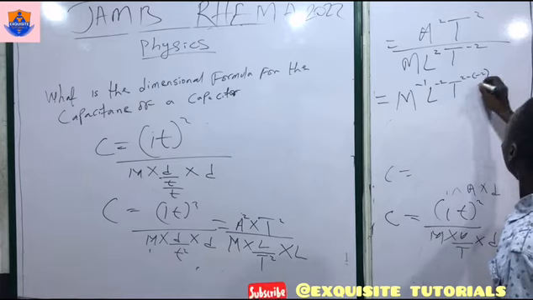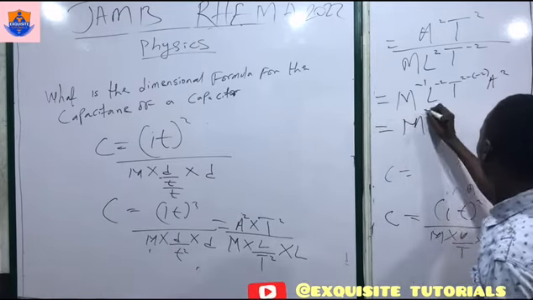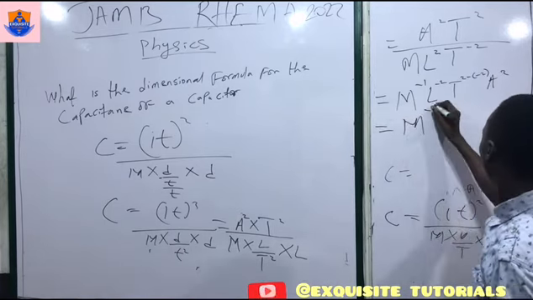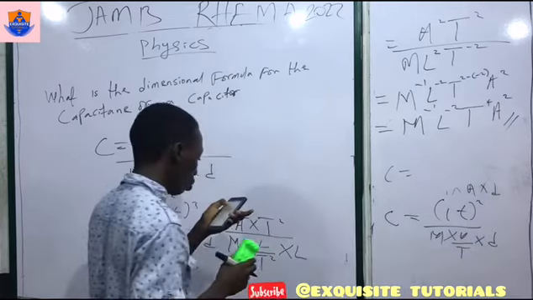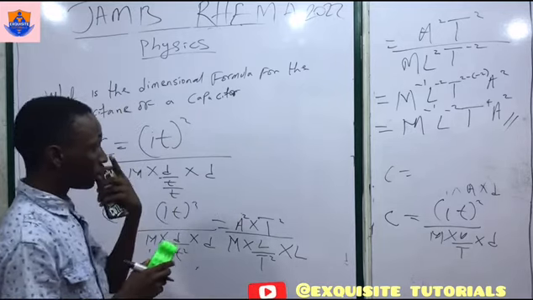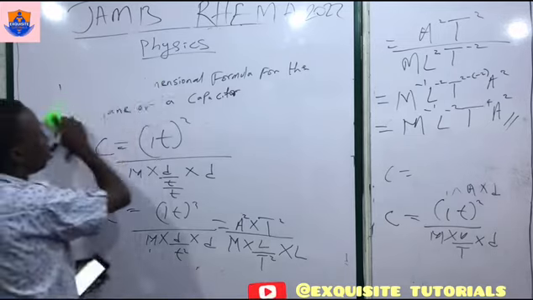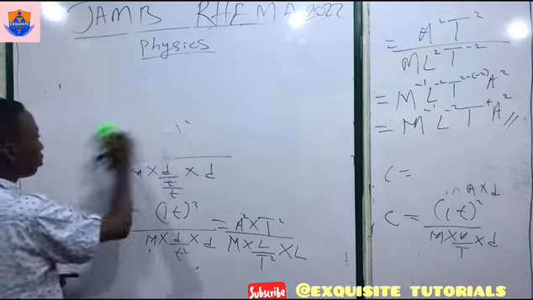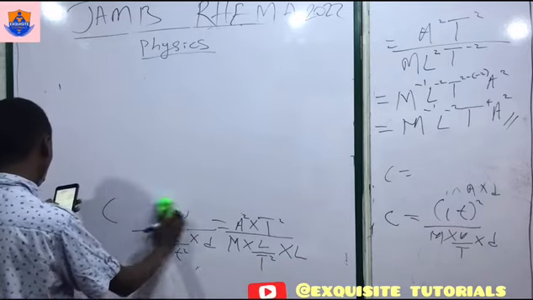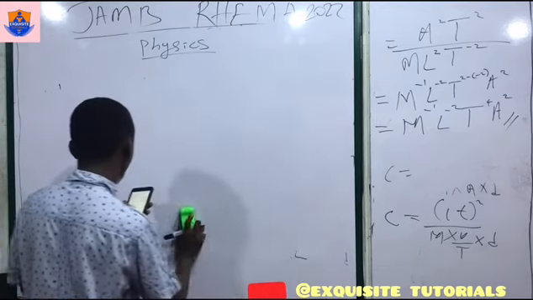Then lastly we have what? A square is equal to M minus 1, L minus 2, T for A square. That should be the answer to the dimensional formula of capacitance. So we're done with this question. So the next question we're going to be taking is